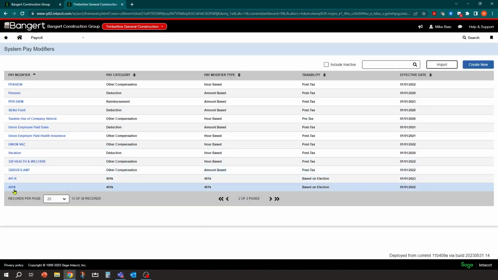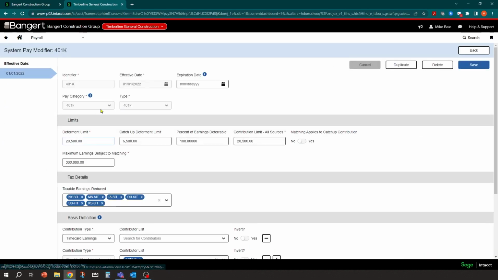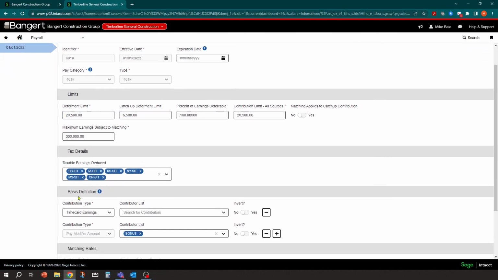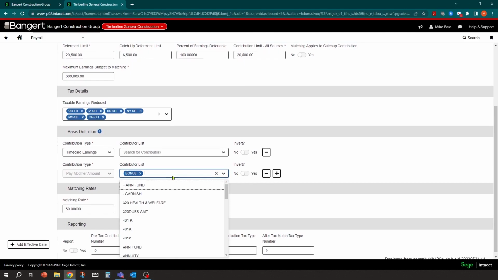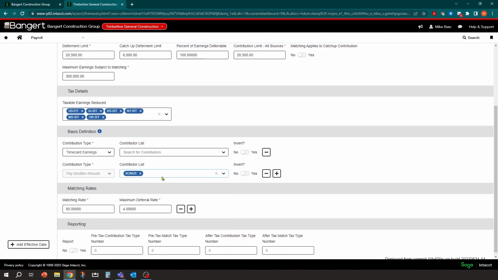So in the setup of the 401k pay modifier, there's a place down on the bottom called base definition. Right now, the typical setup is based off time card earnings, which is your gross pay. What you can do here is hit the plus button, and then select a particular contribution type, which in this case, I selected pay modifier. And what I'm saying here is I also want to calculate the 401k deduction off of the bonus pay as well. So I would pick it off the list here and grab it, which I already have done. Okay, so that's already set up in the system.